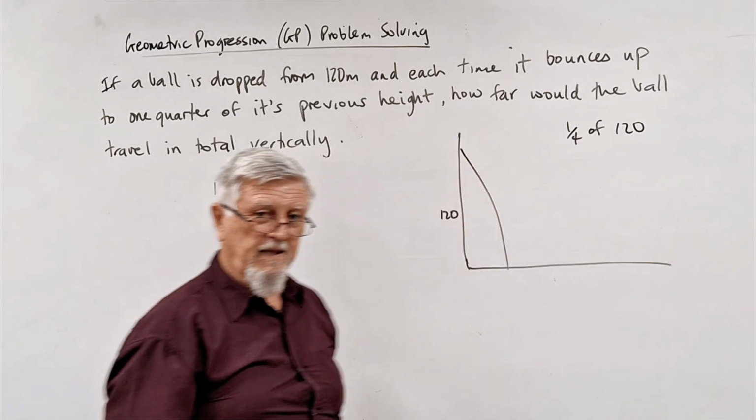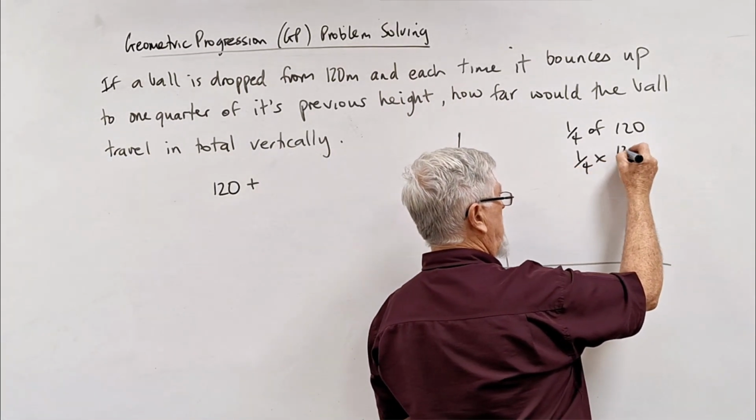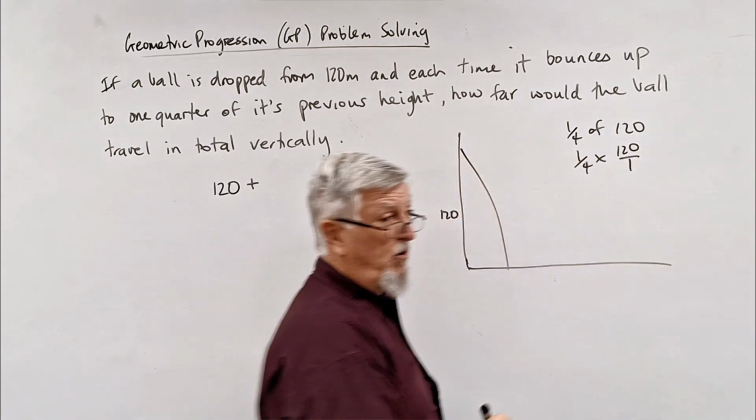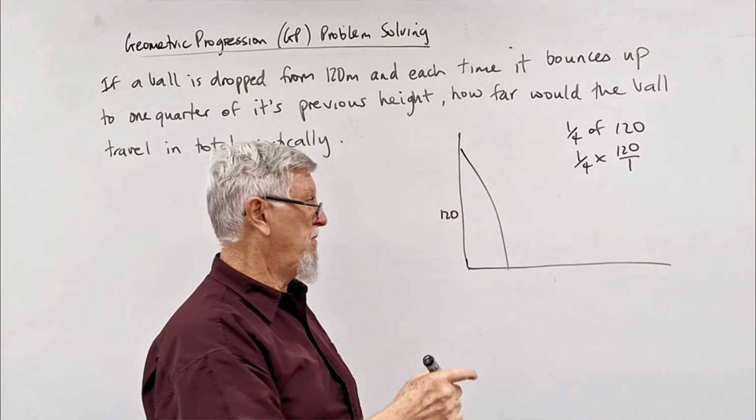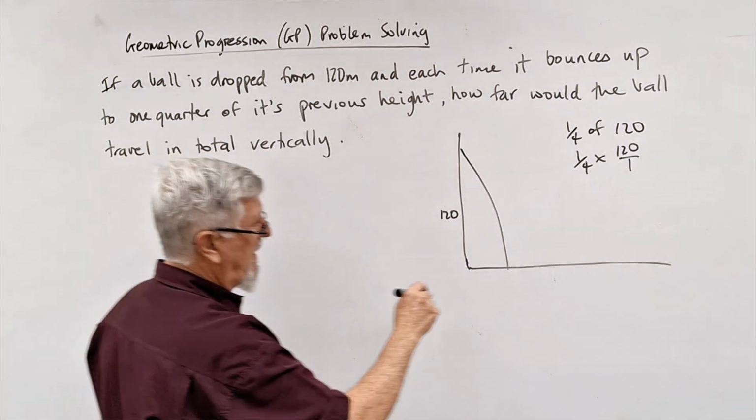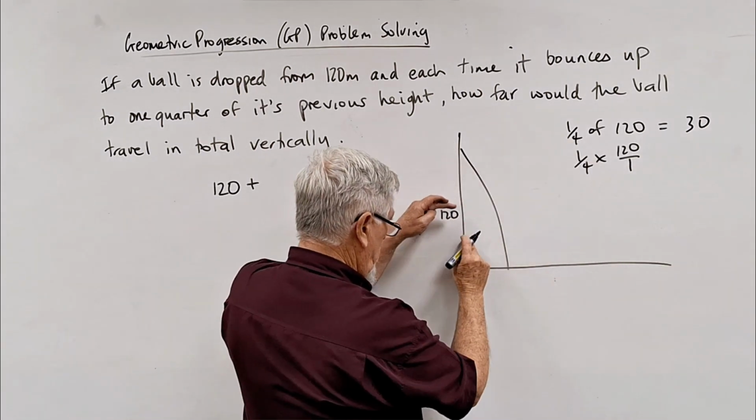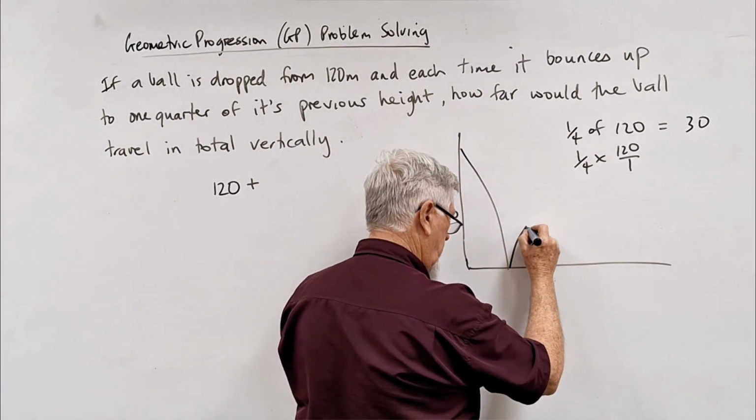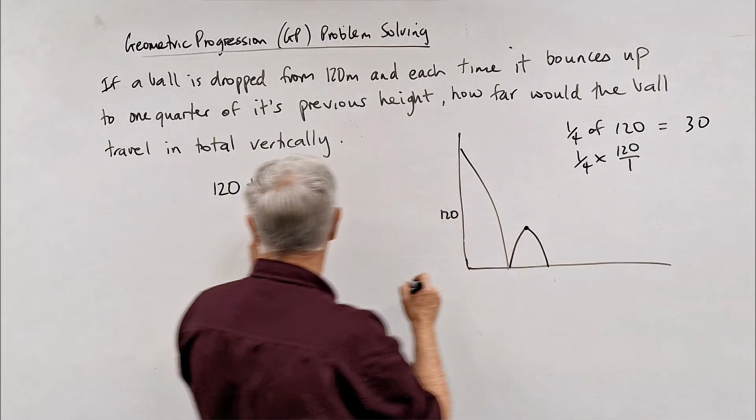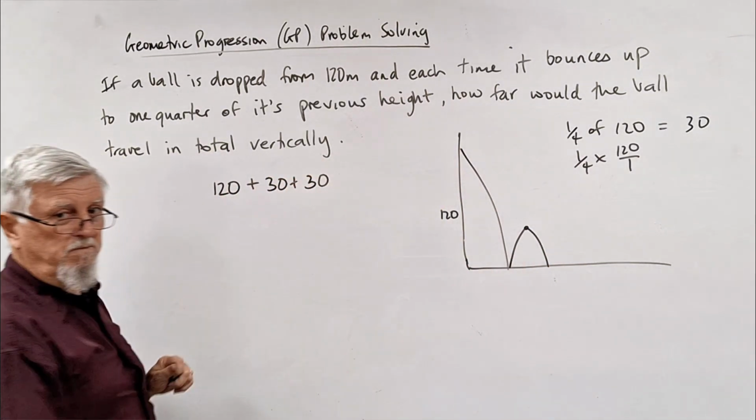Most people are okay and they look at that and go 30. If it was horrible numbers, you'd have to go 1/4 times 120 over 1. I could talk about multiplying the tops and multiplying the bottoms, but hopefully you're okay with working that out. So if it's going to go back up, 1/4 of 120 is 30. So if that was 120, it's going to go back up to here and then back down again. So don't forget that what we've got is a 30 plus another 30,